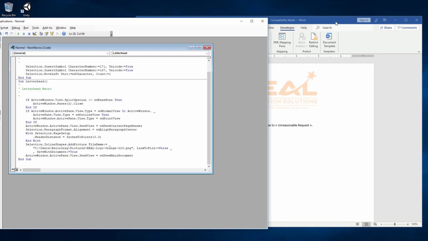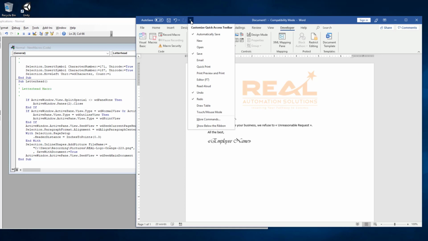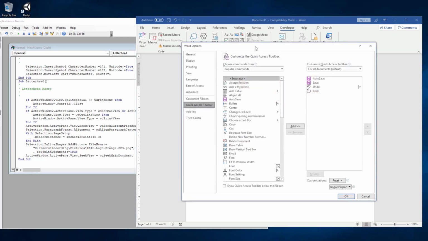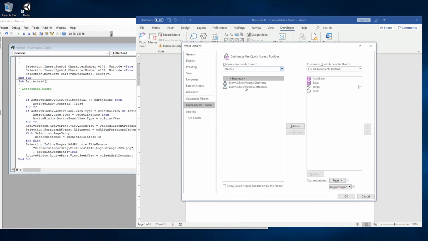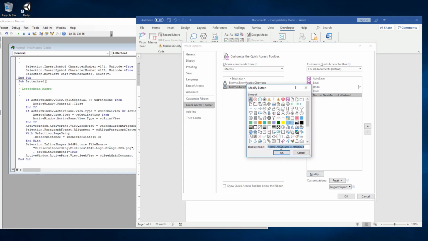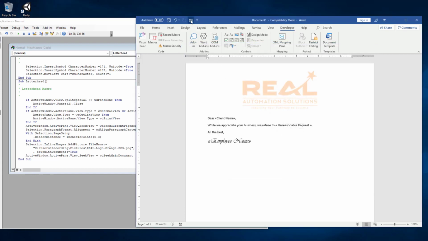Now we just need an easy way to launch the macro. I'm going to just add it to the quick launch toolbar here. So I've selected more commands, and then I'm just going to go to my macros. And here we have my letterhead macro, and I'm going to modify it to give it a better name. I'll just call it letterhead, and select for it this nice mountainy icon here. Hit OK, and now we've added a button to Word